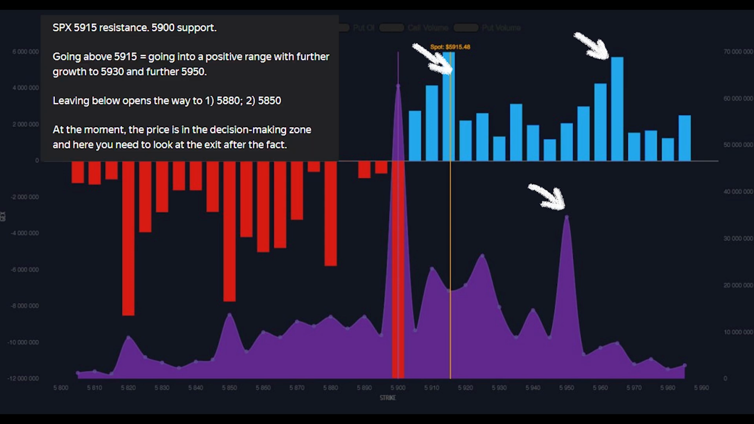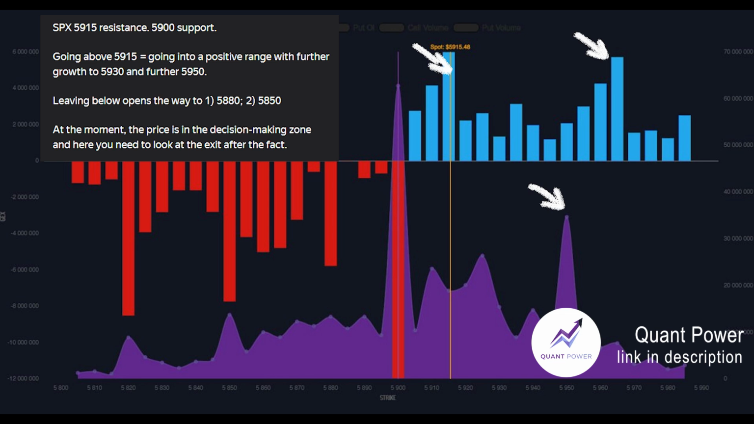That day, I wrote that for SPX 5,915 is resistance and 5,900 is support. Going above 5,915 will mean the price moving to positive gamma exposure with further growth to 5,930 and further 5,950. Leaving below 5,900 will open the way to 5,885, 5,850, and then you can focus on the large negative gamma value. At the moment, the price is in the decision-making zone,